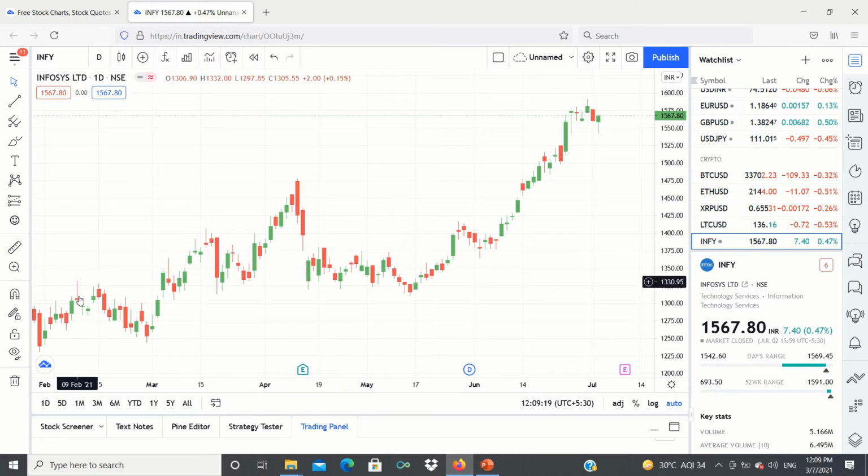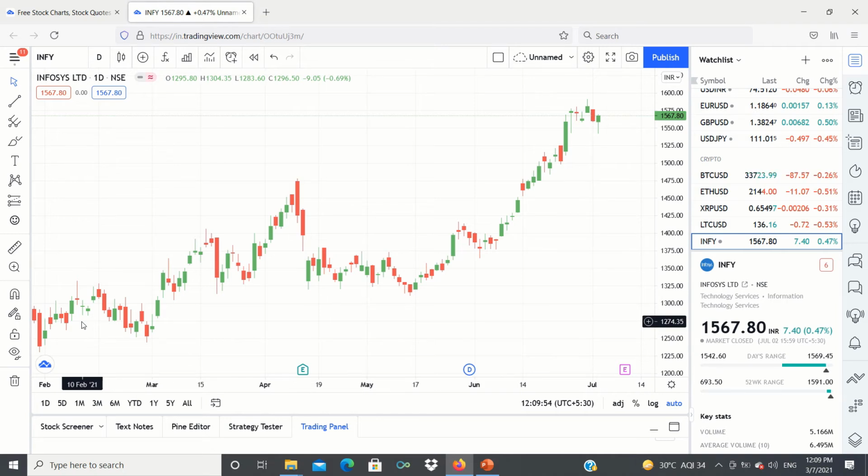Okay, now look at this one. This red one, you actually see almost just a wick. Hardly any body, which means this is the low, this is the high. Price opened here, closed there. Close is slightly lower than the open. That's why you see a very small red body there. Then see here it is green, but open and close are here, hardly any body. That's how you see a candle, whether it is red or green.